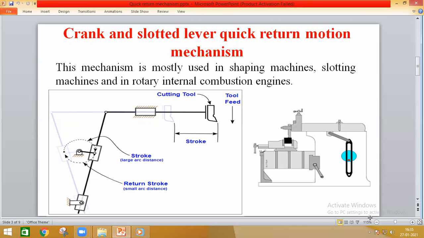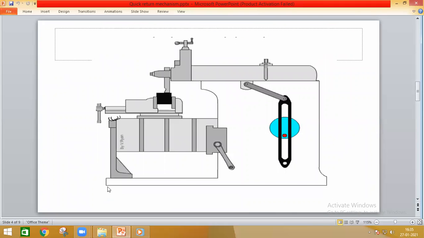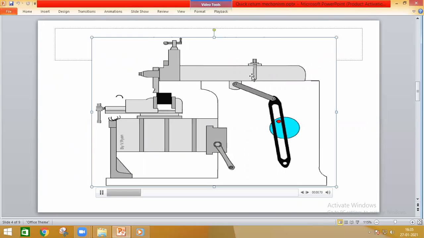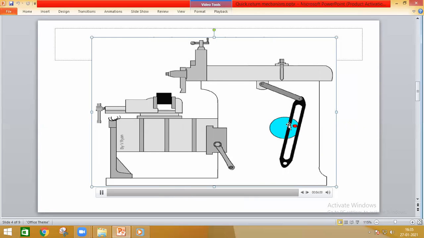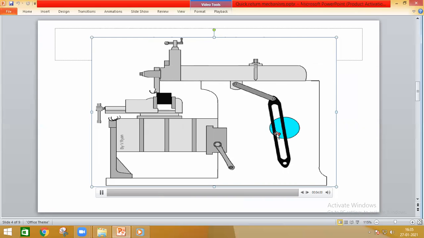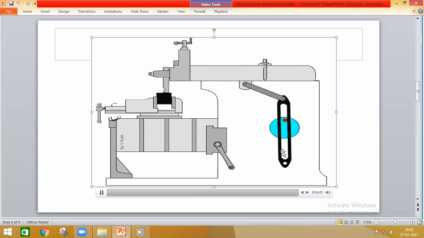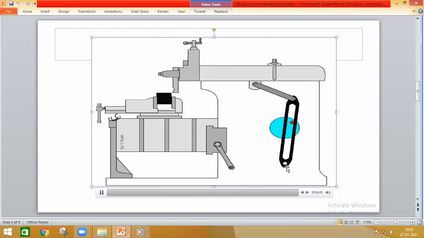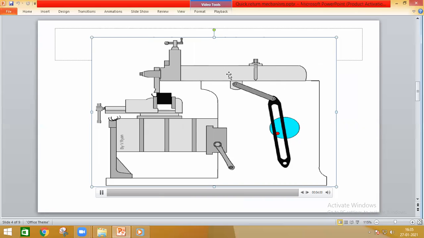And on the left hand side we have the block diagram of a shaper machine. And this is the animation of the quick return motion mechanism. Here the blue colored one is the crank, which is connected with the slotted lever with the help of the crank pin. A crank can rotate through 360 degrees, and one end of the slotted lever is pivoted at the bottom point, and the other end is connected with the connecting rod,